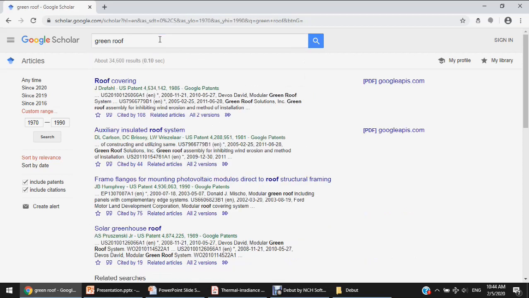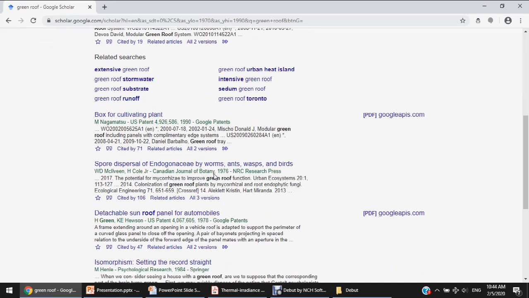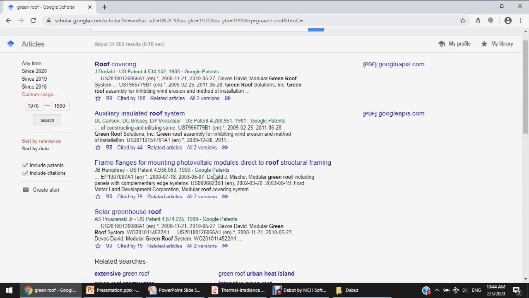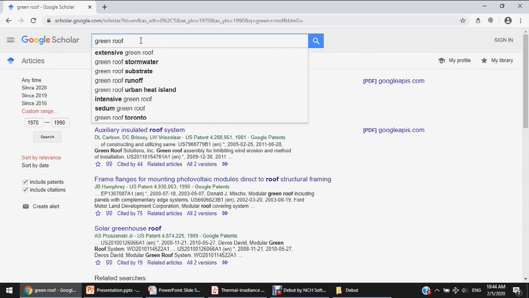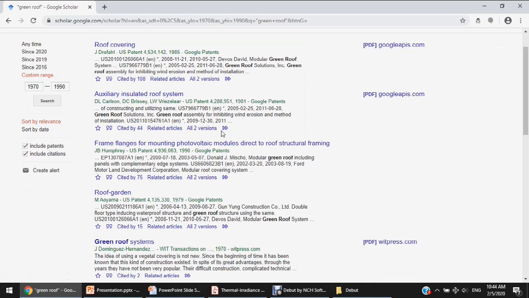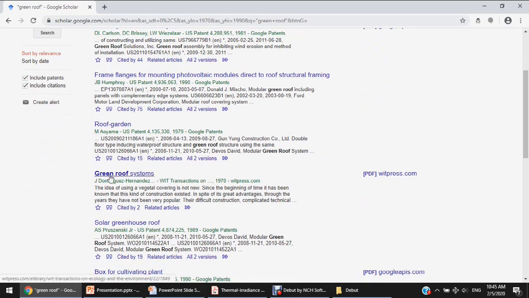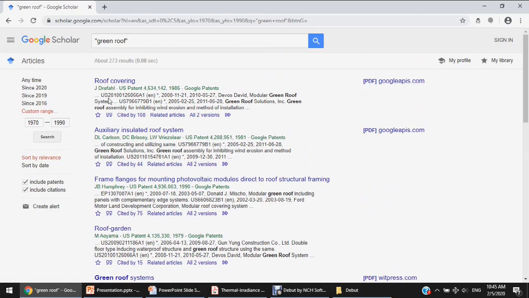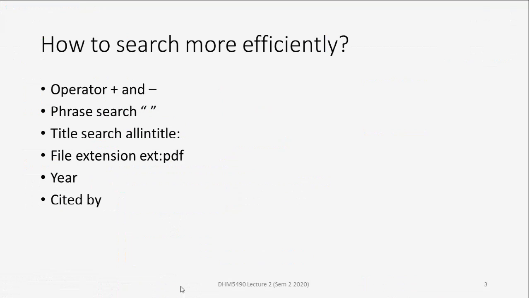How about green roof? I think roof is a more popular research item. We can use phrase search, roof garden, green roof system, something like that. So this is how we are going to limit the years of search. And then the last function, cited by. So this is a very